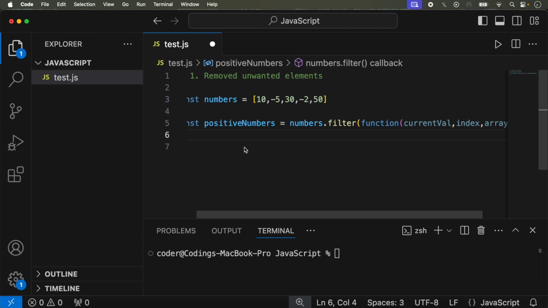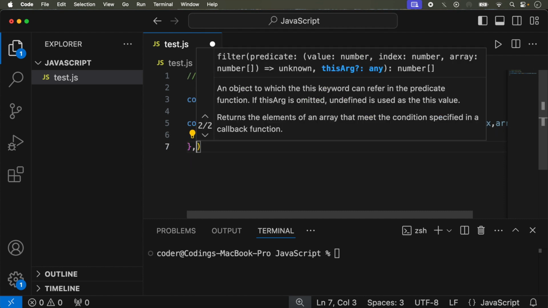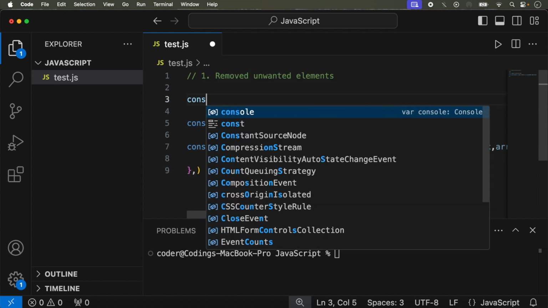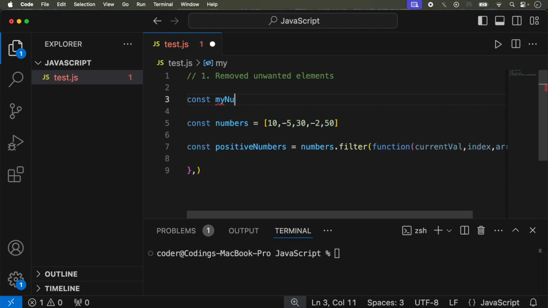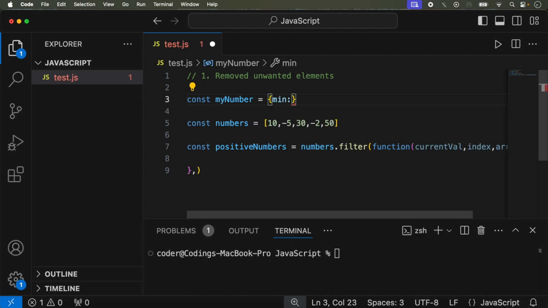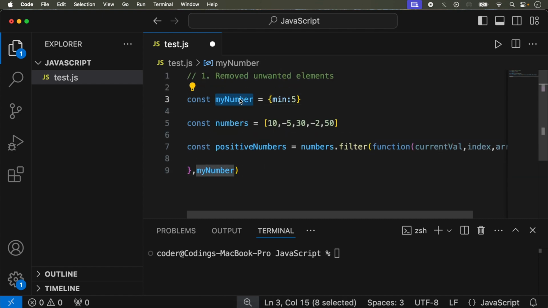And this argument we use here like this. Suppose we just put a comma here, and suppose for this argument I am using a const, and here I am using minimum is equal to 5. So this argument is actually the name of the outside variable or object. We are using myNumber as an object, so you can pass here the name of this object, and